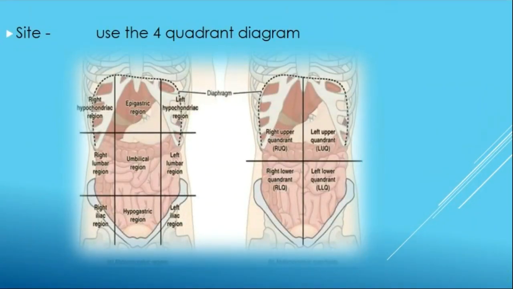Site, that is, we'll get into the SOCRATES approach. Site is very important. We always try to relate our diagnosis, when the patient points somewhere, to the underlying structure. So patients come with right upper abdominal pain. What are the structures there? Liver, gallbladder, and the hepatic flexure. Usually we try to relate to that. But in addition to that, as I mentioned earlier, maybe lobar pneumonia, right side basal pneumonia. All right, the site is very important.